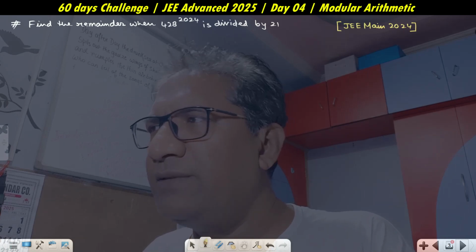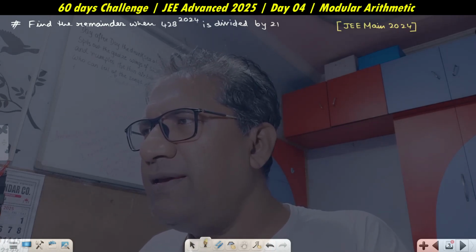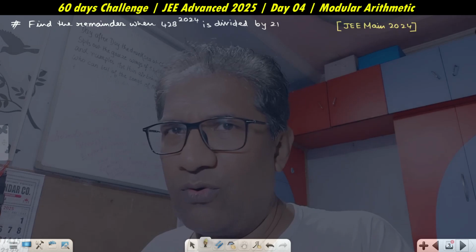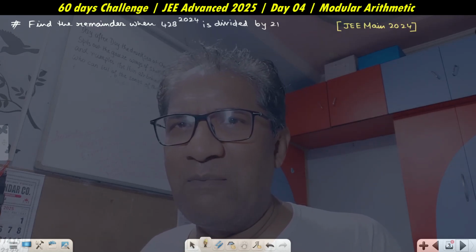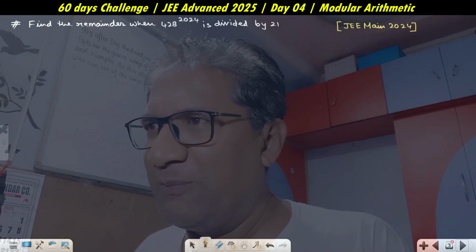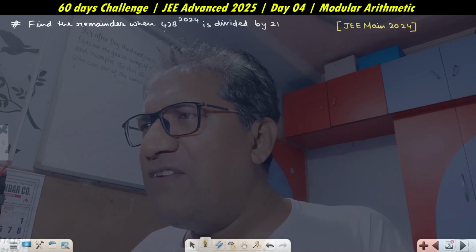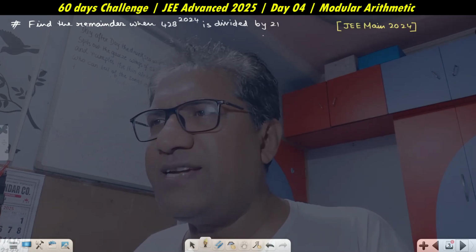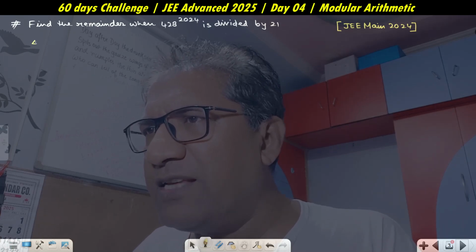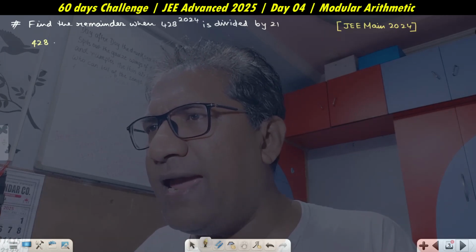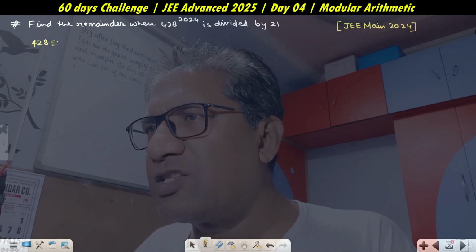Now see this question. This question came in JEE Main 2024. And see how quickly we can solve this sum by using modular arithmetic. We have been given 428 to the power 2024 is divided by 21. What is the remainder? So I will simply start with 428 is congruent modulo